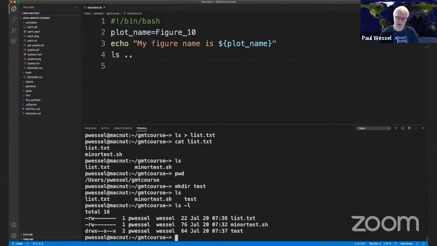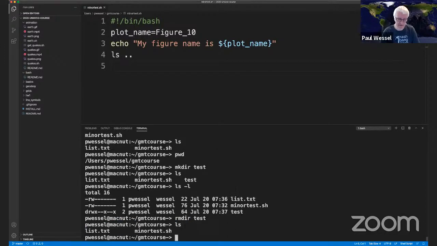And you'll see, apart from who owns the file and what time it was created and all that stuff, size, how many bytes. The very cryptic stuff on the far left indicates permissions, what you can do to these files. And you'll see the test one has a leading D for directory. So you can always do an ls -l and see that, oh yeah, those guys with the D are my directories. I can delete that directory, rmdir test,